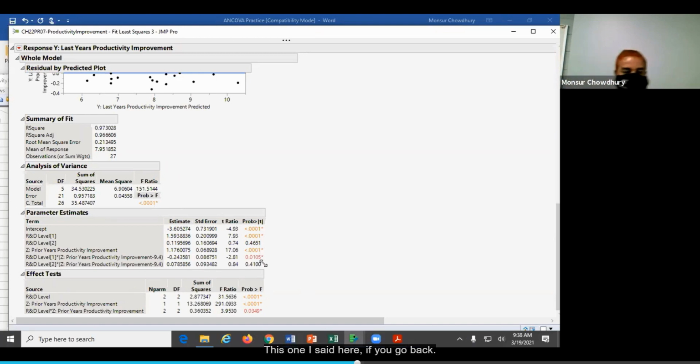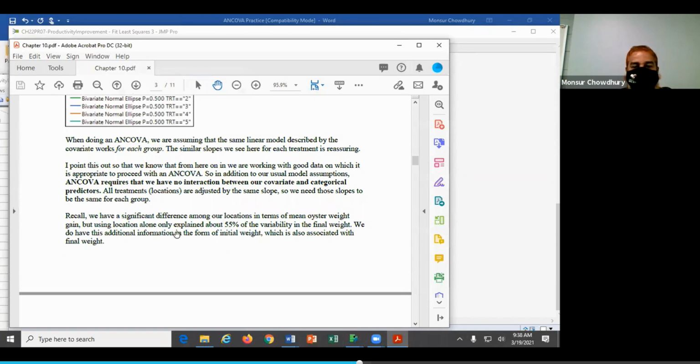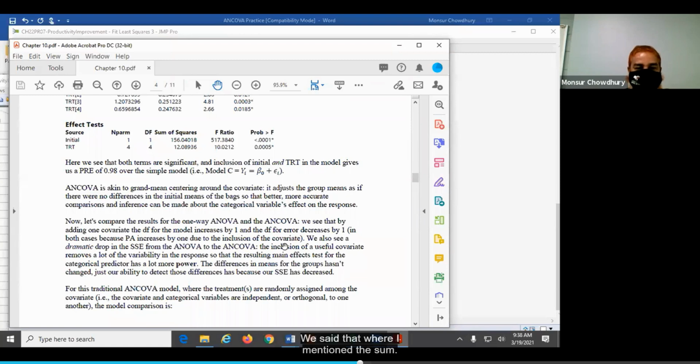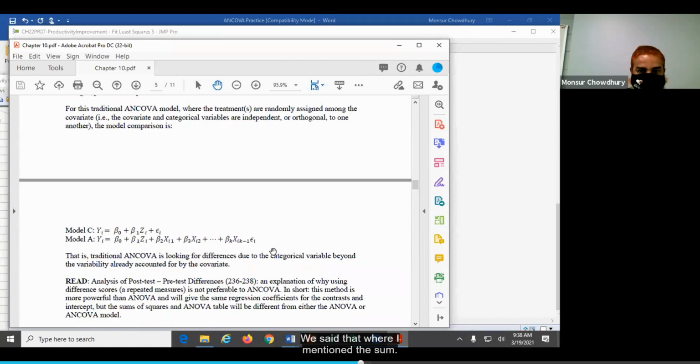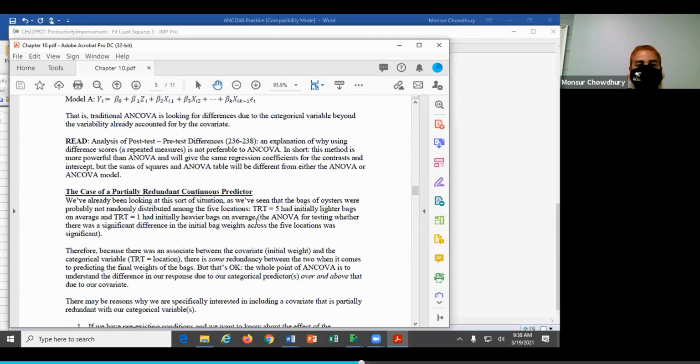And this is what I said here. If you go back, we can have some relationship here. This is where I mentioned the case of the partially redundant continuous predictors.